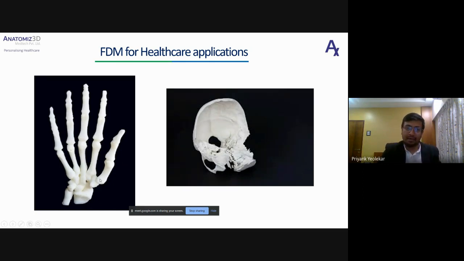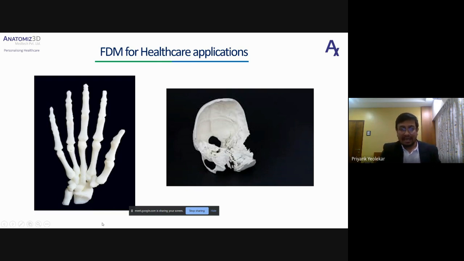And you have different materials such as PLA, ABS. ABS is nothing but your acrylonitrile butadiene styrene, which is actually autoclavable, which is actually sterilizable. So if a surgeon wants to take this model into the OT, they can actually sterilize it with some kind of technology, and they can take it into the surgery.